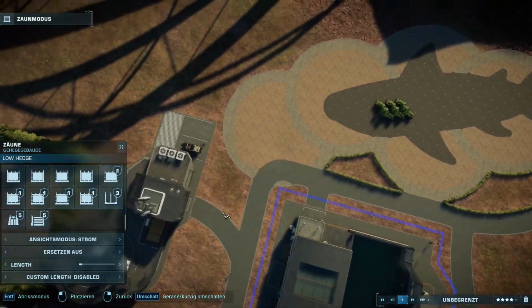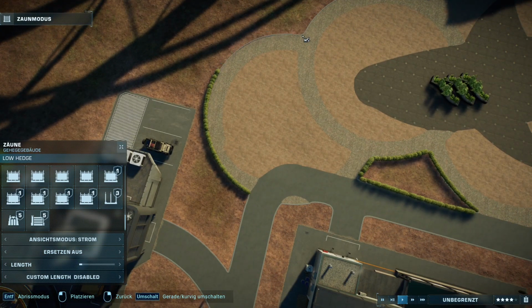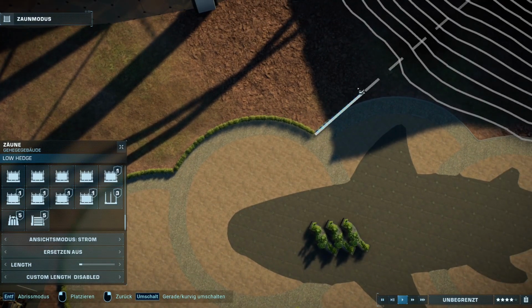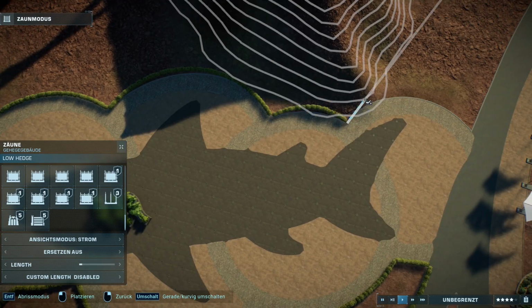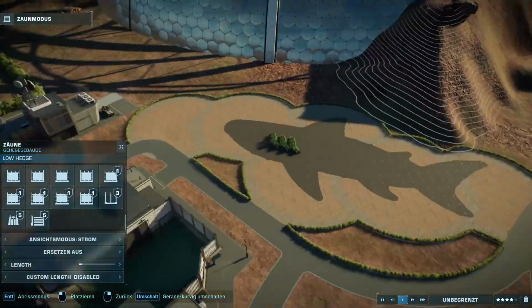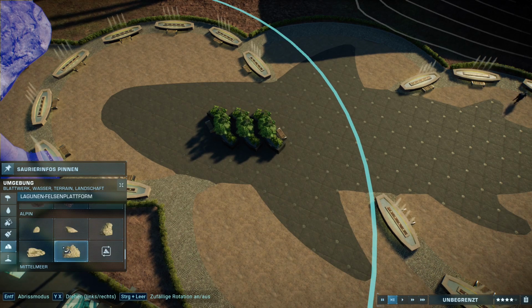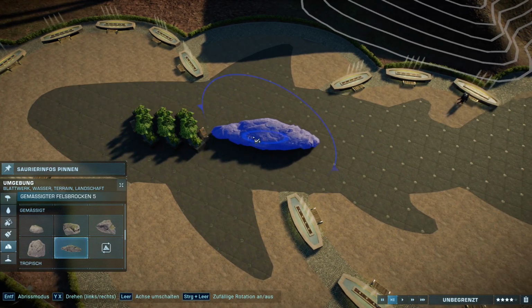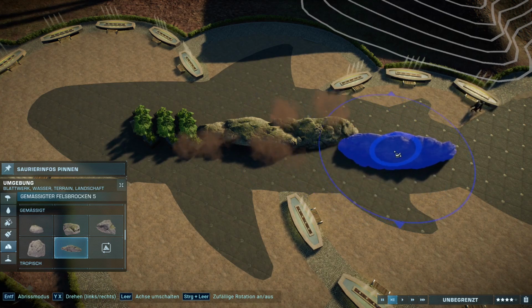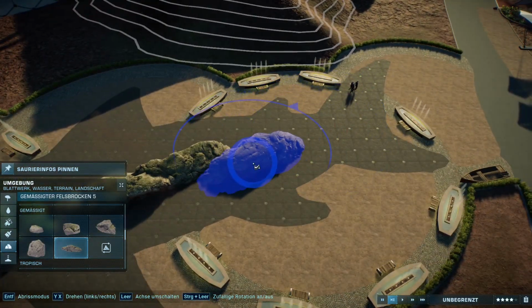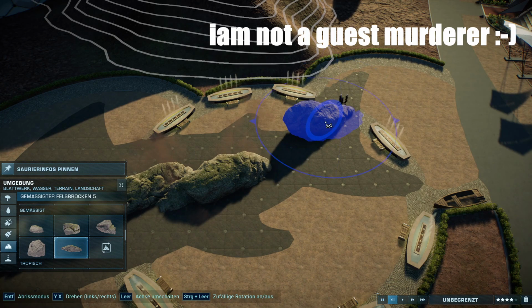Later I will also place a few amenities nearby so that the plaza looks a little bit livelier. And then I placed 3 planters to imitate the gills, and in German, of course, Kiemen. After that I will also place a few fountains around in the shape of the path, and then I start placing some rocks in the middle of the shark, because the whole thing should look exciting and interesting enough